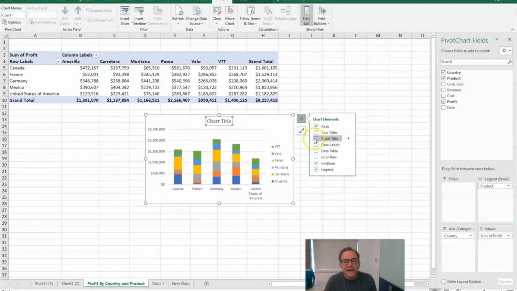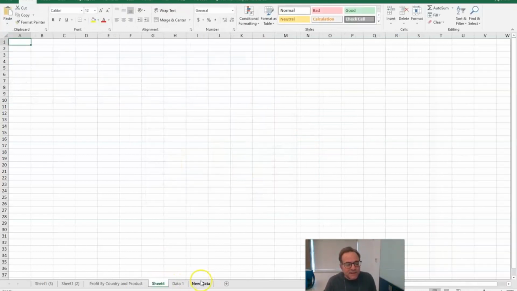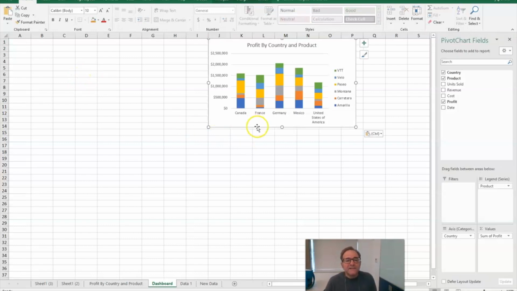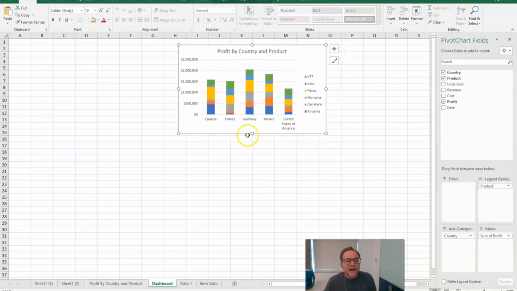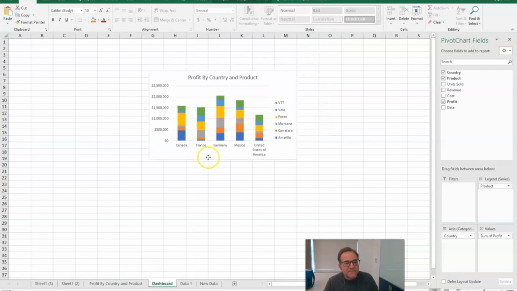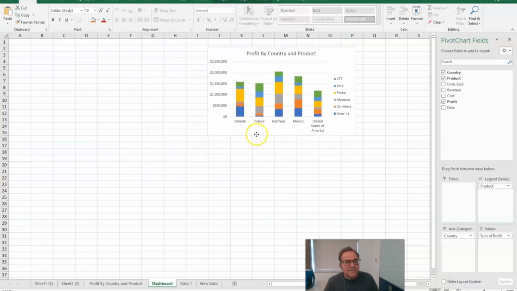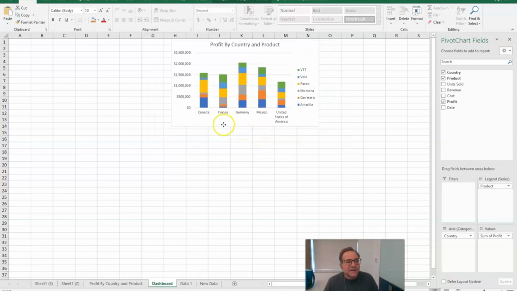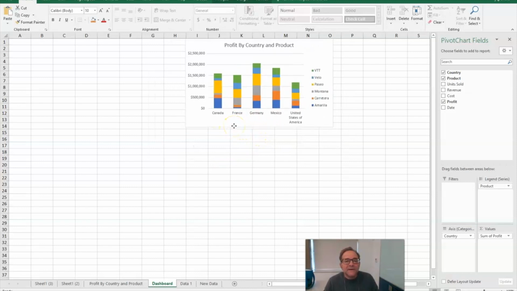So let's go with a chart title, copy this chart, and I'm going to make a new worksheet, which I'm going to call the dashboard. Okay, and on that new worksheet, we're going to paste the chart that we just created. Now what you want to do is resize it and move it around. If you hold down the Alt key as you reposition it, you see it jumps to different tick marks in the grid. So that might work nicely for us. And we're going to bring it down a little bit.